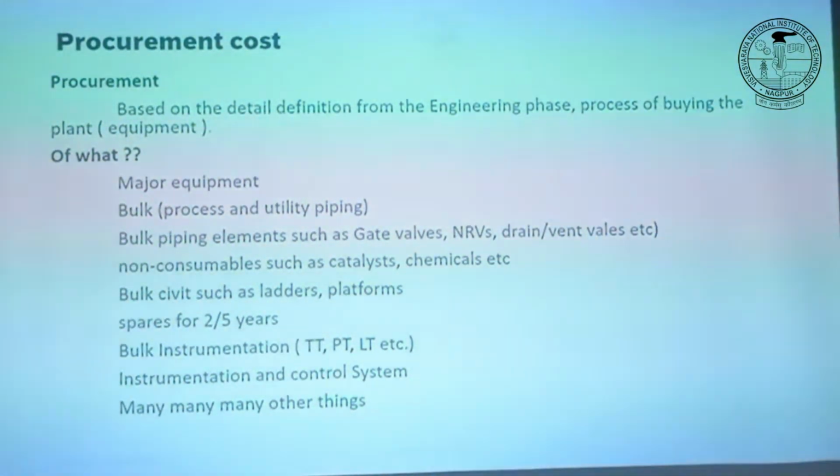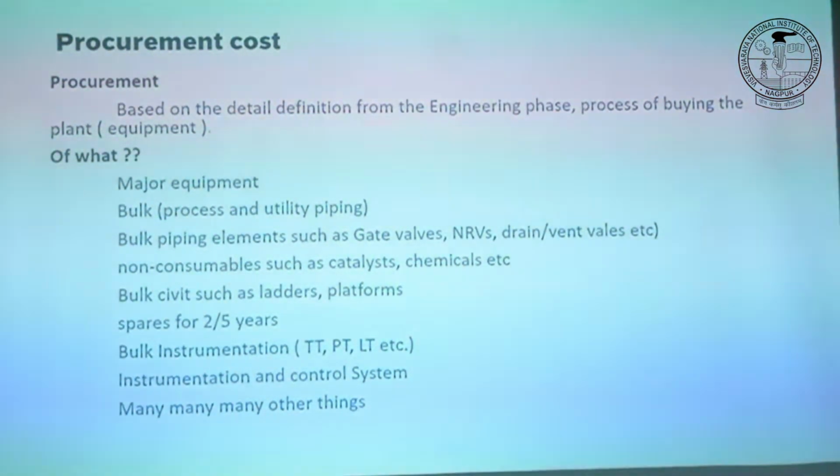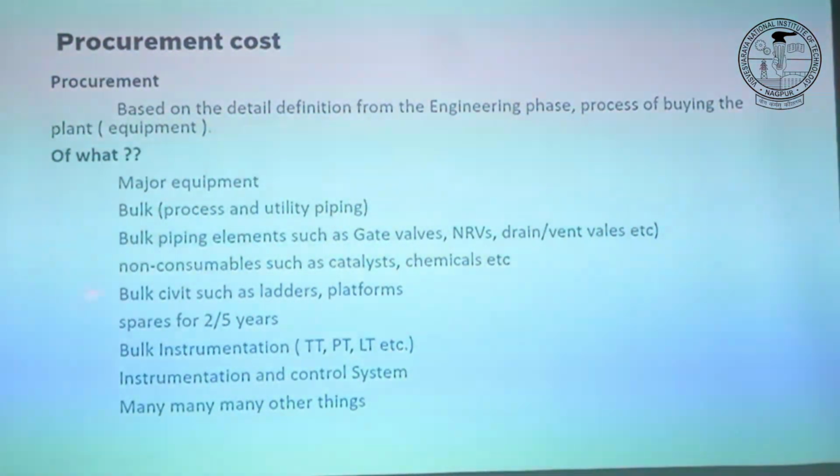So we categorize between consumables and non-consumables. With the name you could understand. Consumables are reactants A and B. But if you have catalyst in your reactor, that's not consumed. It's just sitting there. Still, you have to pay for it. It's quite expensive. So bulk civil, such as ladders, platforms. On the columns you have ladders to climb and go and do maintenance. You need spares for the next 2-3 years,